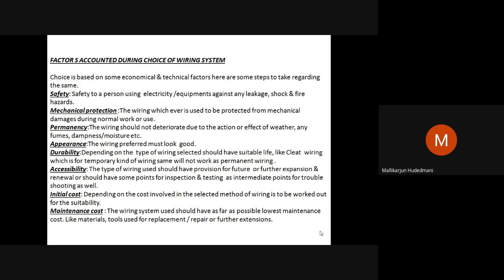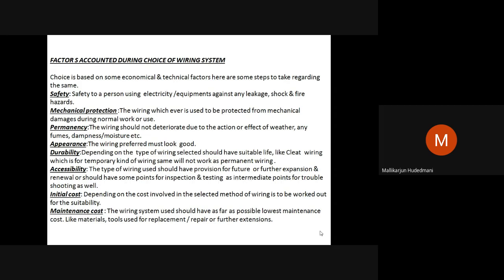Now I am concentrating on a house, a premises. Inside the premises, how do you do wiring? What are all the parameters you consider before you select a method of wiring? Therefore, the choice goes with the first factor, safety. The electrical wiring with which I am constructing the house, where I want to connect electrical gadgets for my usage, should be safe. Whoever is using it, the person living in that house, should feel comfort and electrical safety.